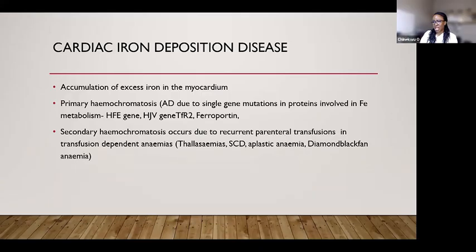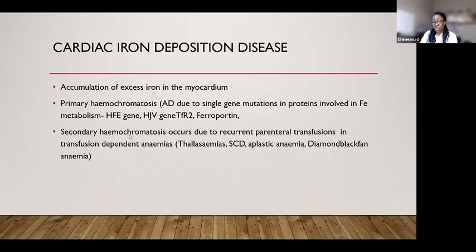I'm going to quickly touch on cardiac iron deposition disease because it's also an infiltrative disease. It's excess iron in the myocardium. It usually occurs in one of two groups of patients, either patients that have a primary hemochromatosis or patients that have a lot of parenteral transfusions due to transfusion-dependent anemias. Because obviously the patients are anemic, but they may not necessarily be iron deficient, but each time we give them blood, we give them iron, and eventually they start depositing. And that's probably more topical to us, where we have sickle cell disease, and thalassemias, and also other